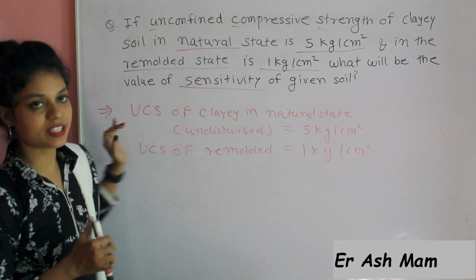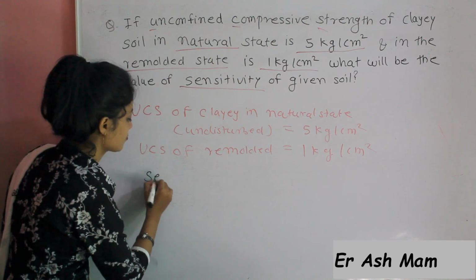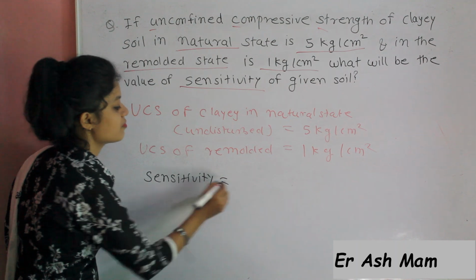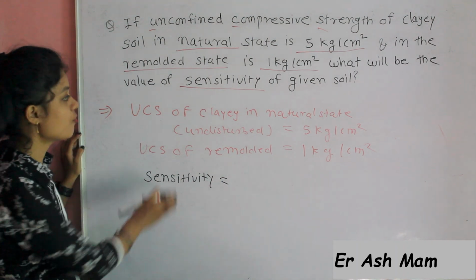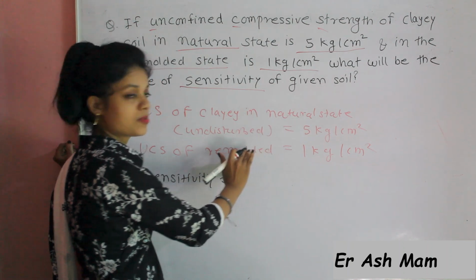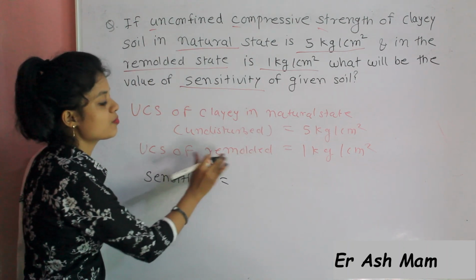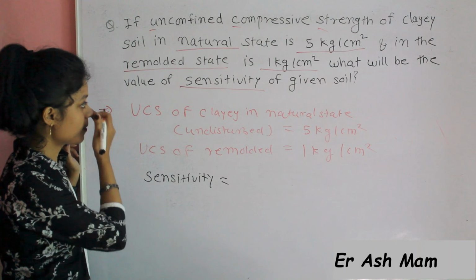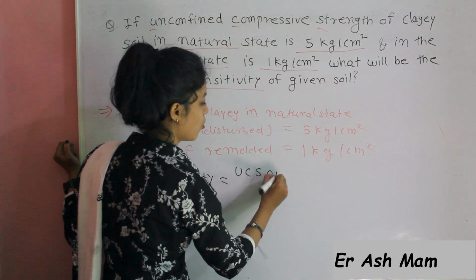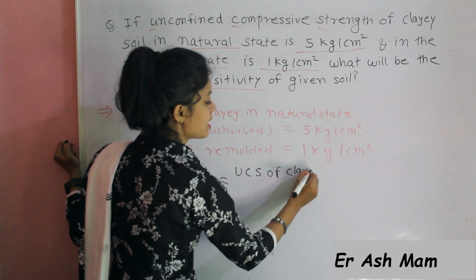What will be the sensitivity? We know the sensitivity. A direct formula is given for sensitivity, that is the ratio of UCS of clay soil in natural or undisturbed state upon UCS of remolded soil. Okay, so it's the ratio of unconfined compressive strength of clay soil